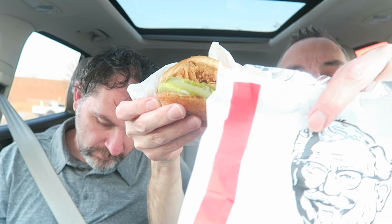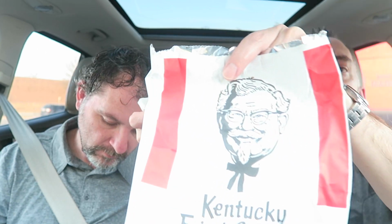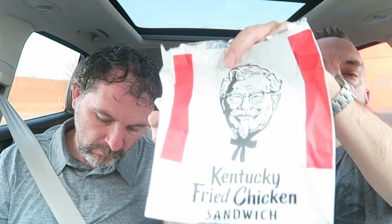So they've made it crispier, thicker, and the bun's supposedly better, and they revamped everything. They have the regular one that has just regular mayo. Yeah, this is the regular one here, and it comes in the foil bag, not plastic. The KFC bag right there, Kentucky Fried Chicken sandwich. Are you kidding? The foil bag. That's all the sauce they put on there? Oh, dang. And then this is the